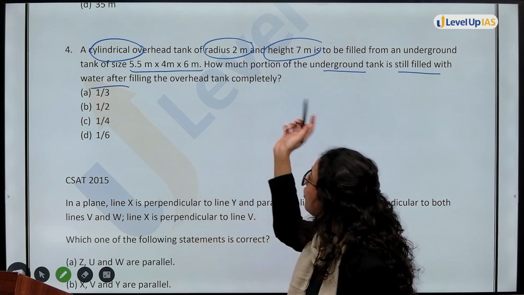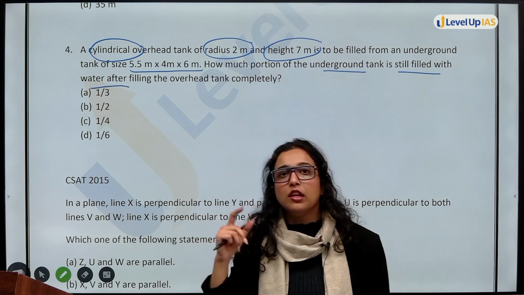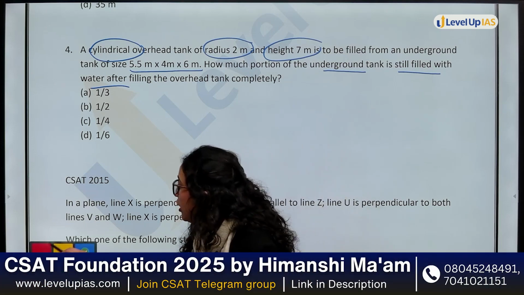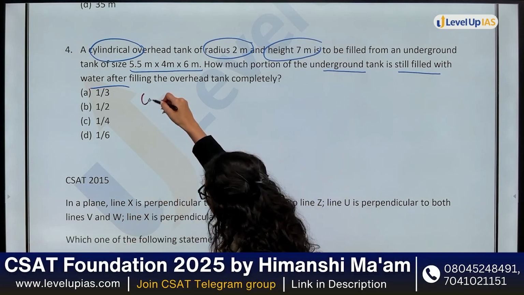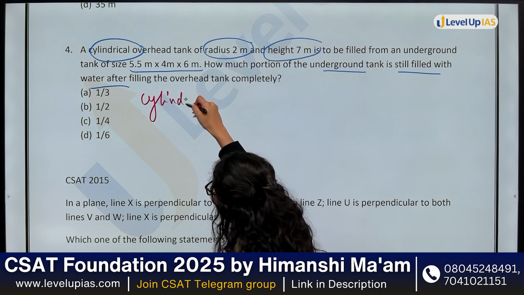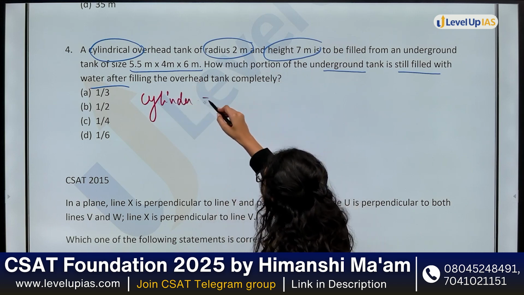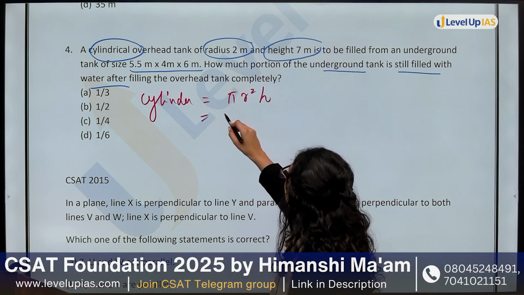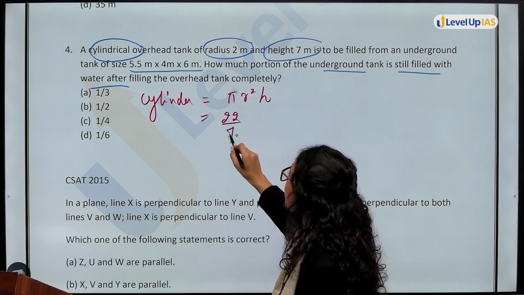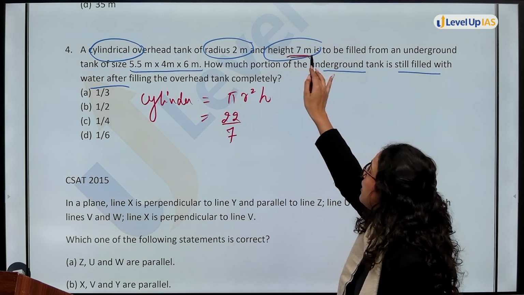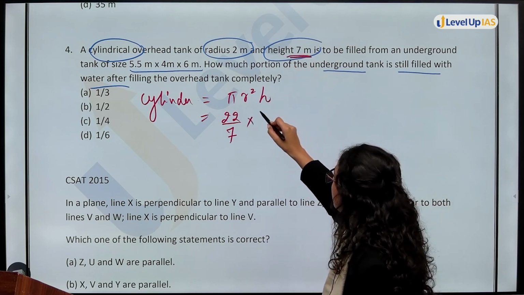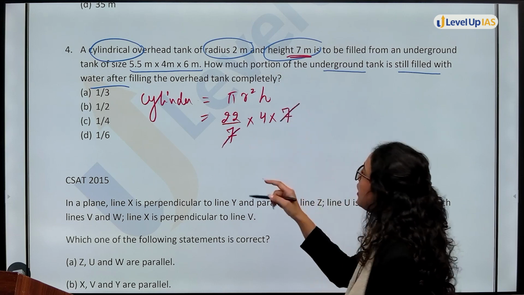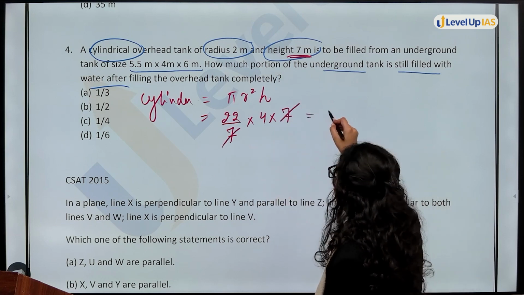After filling the overhead tank completely. So the cylindrical overhead tank you have completely filled, so for that I should know the volume of the tank. What is the volume of a cylindrical tank? πr²h. So this will be what? 22/7. I am assuming π as 22/7 because height is 7, so my calculations will be easier. r² is 2 square into 7. This is the volume of the cylinder. 88